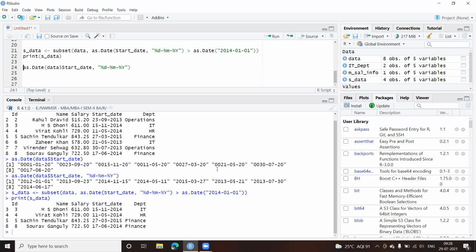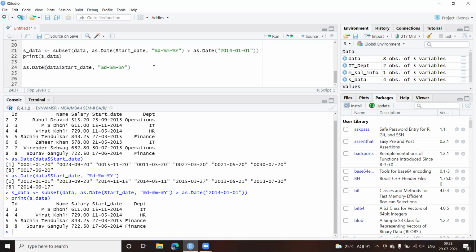Clear? Now, what if I want to give this also in the format 01, 01, 2014? What is one change I'll do here? Anyone? I want to give this also in the same format. So what should I do? No, that's your assignment. Try to find out what you will be doing if I give only the date in this format, that is your DMY. Okay, so please try to find out this. I'll make the change back to the original one.